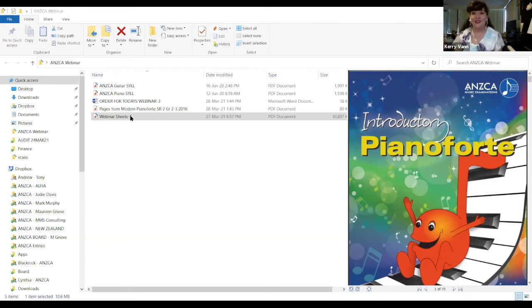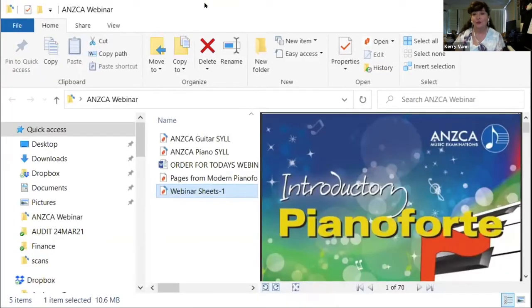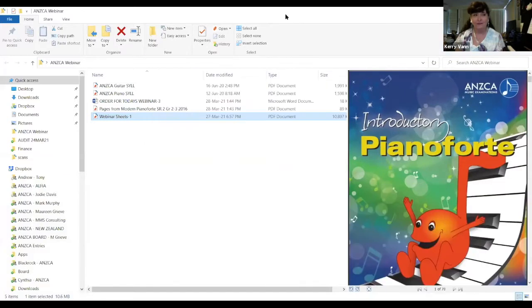Now later on in the workshop I will be talking about how passionate I am about ANZCA and why, but I'll probably forget to tell you this then, so I'm going to just preempt this. ANZCA examiners are really encouraging for the kids because we all know you get more with sugar than you do with lemons. I had a boy play this in the exam the year before last, and he had many, many